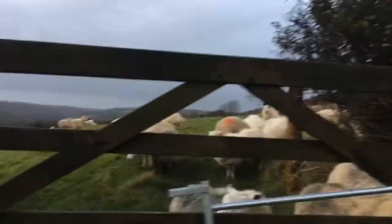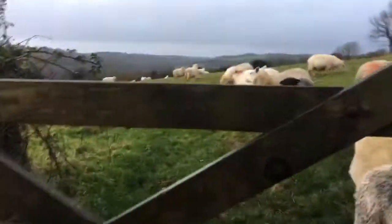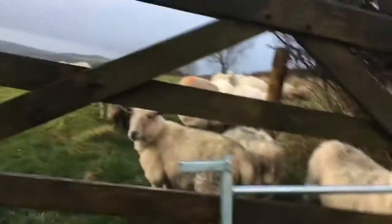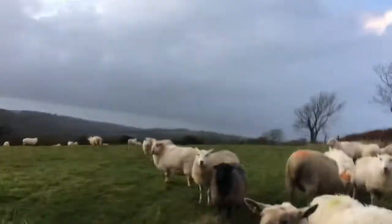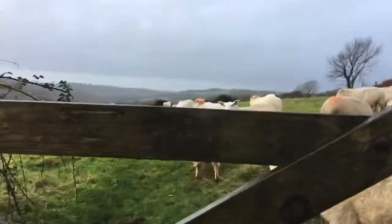So we got a phone call from one of the neighbours saying, oh, your sheep have got out. I think there's like 6 or 10 out. There's 13 out. So we came down the lane. They were by the cattle grid that kept them back. So we parked there. We've now jumped out, chased